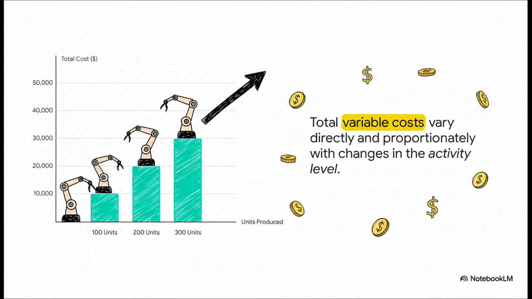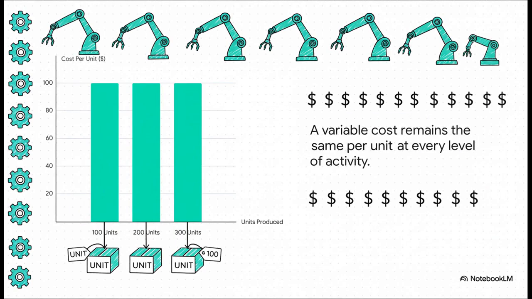Observe how total variable costs, such as the direct materials for Helios Robotics, increase in direct proportion to production volume. At 100 units, the cost is $10,000. At 200 units, it's $20,000. The relationship is perfectly linear. In contrast, the variable cost per unit remains constant regardless of the activity level. Each robotic arm requires the same amount of materials, so the cost per unit is consistently $100, whether 100 or